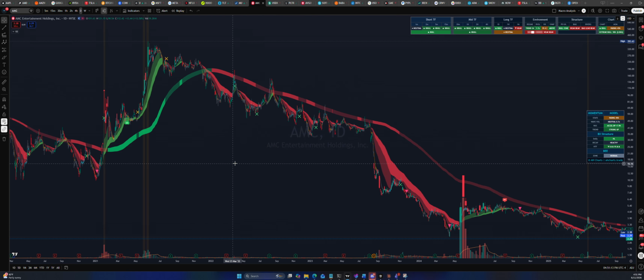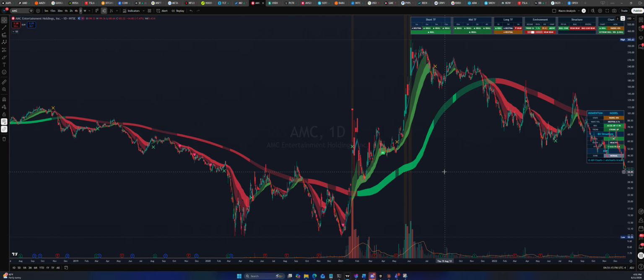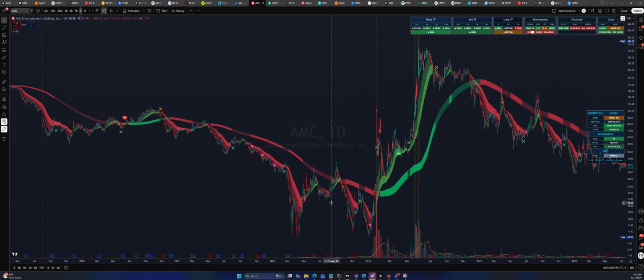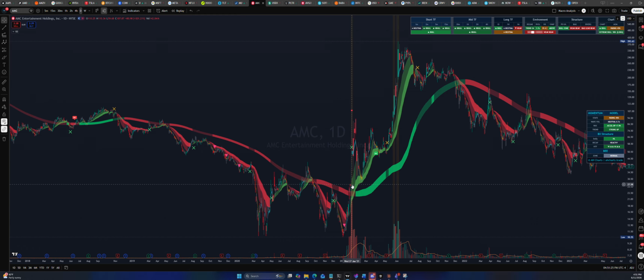Now, going back to 2021, I think it is, over here. What you want to see, the first thing, is price resting above the EMA cloud. This is the EMA cloud right here. You want to see price above the EMA cloud, trending to the upside, and you want to see it green. Okay, we have that right now. That is checked. The second thing that you want to see is that the EMA cloud has broken above the